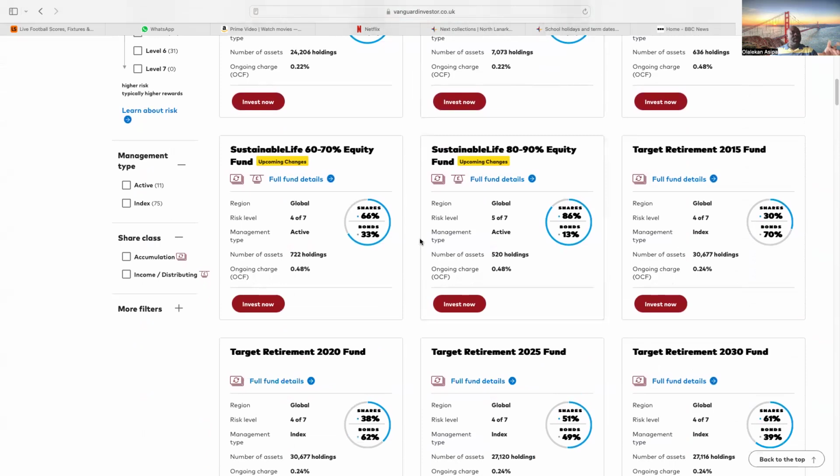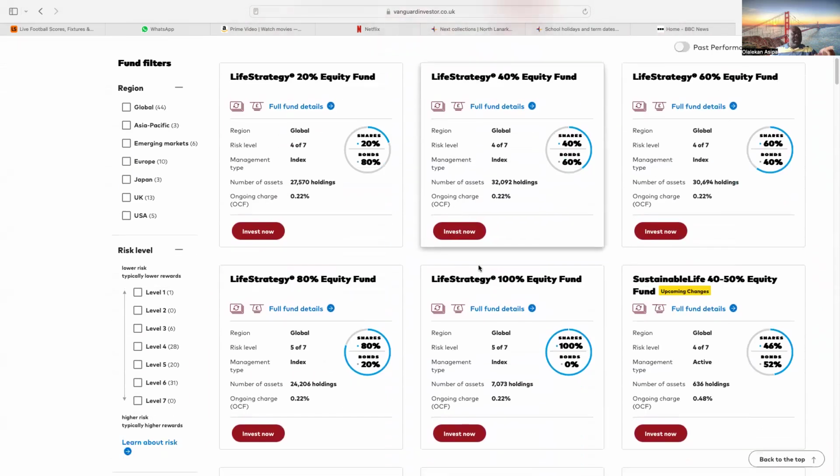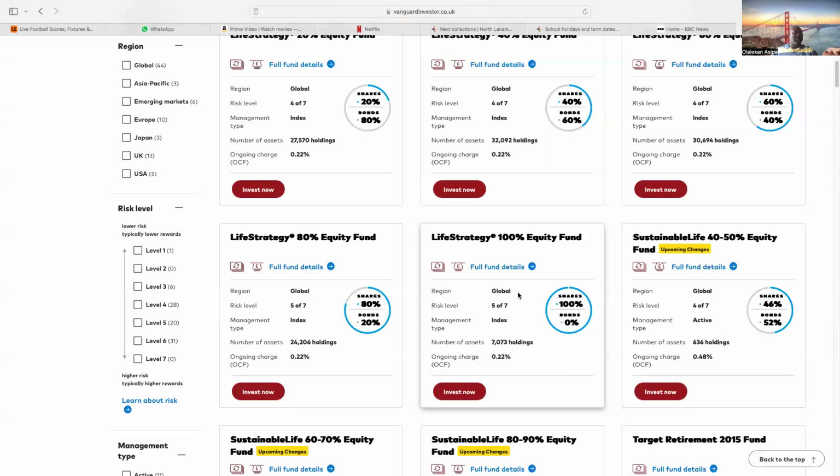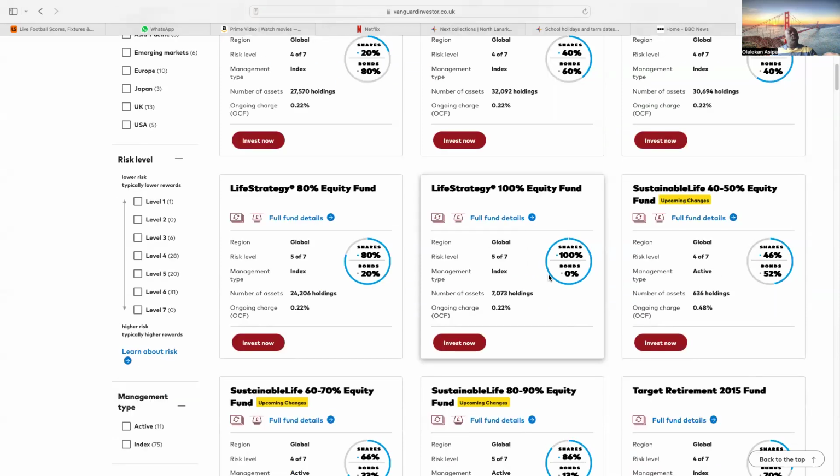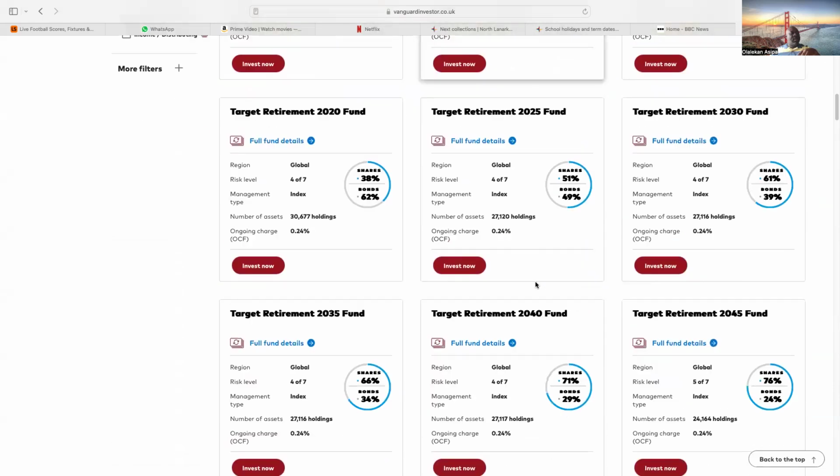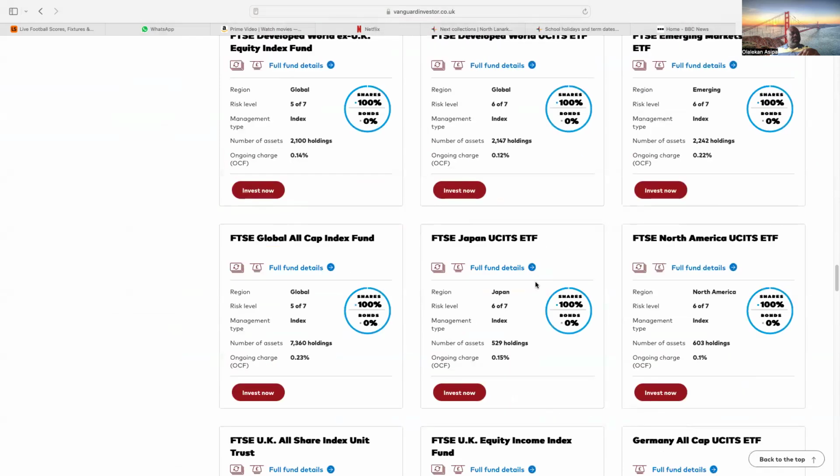But as you can see, there are so many other funds. The reason why I went for the Life Strategy Equity Fund was because I saw somebody using that particular one and it was doing well. It is a global fund, so you are not putting all your eggs in one basket, and it is diversified over many countries. That was why I went for that, but you could go for any other one. What I wanted to let you know was that this has done very well over the years I've invested in it. And then I'll also be taking you through other funds such as the S&P 500.